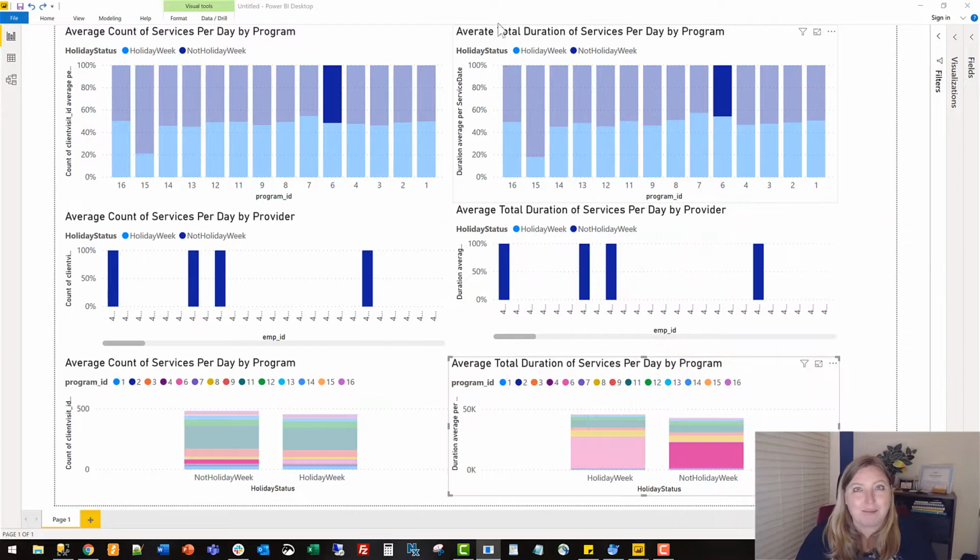So all I did was make a quick formula that labeled each service as either happening during a holiday week or a not holiday week. And then I made this quick Power BI visual to look at the data. And I decided to